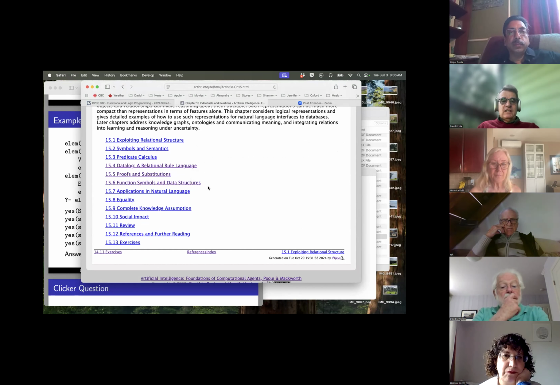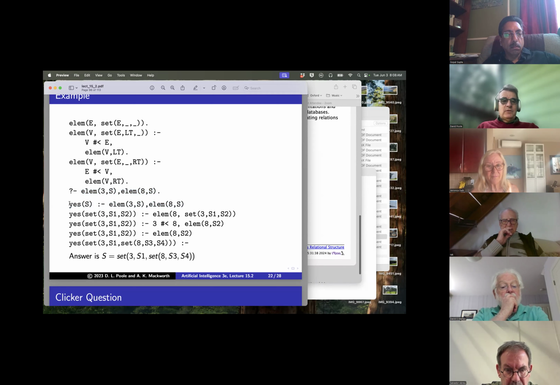You're an element of a set where this is E, you're an element of the left branch and the right branch. And my query is I want a set that has 3 in it and has 8 in it. So this is the standard example. But the only thing different here is how I'm going to set this up. Instead of having false if, I'm going to introduce yes. So the idea is that the answer is yes if 3 is an element of S and 8 is an element of S. So the arguments to yes are always the variables in here. So this is going to be answer extraction.